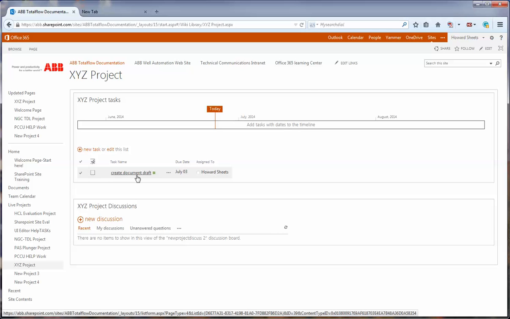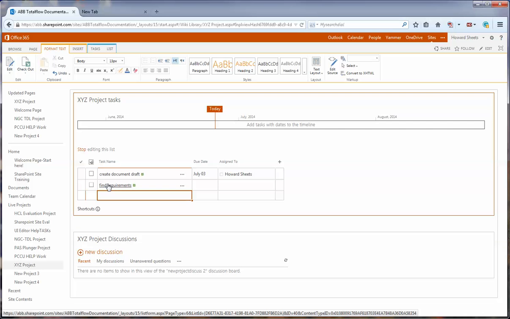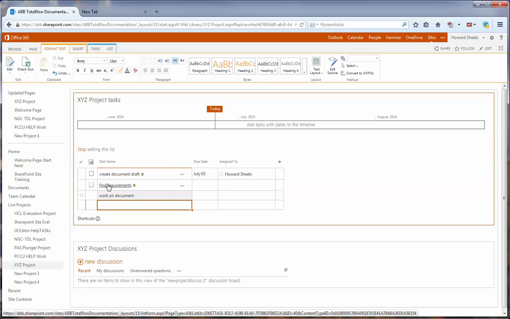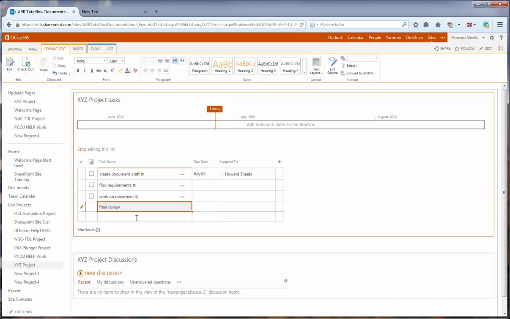Now that we've created this task, let's say we want to edit this list and create a few more items. So let's say we have one called Find Requirements, and let's say Work on Document, and then let's do one called Final Review. Okay, now let's take a look at these and say, for example, that